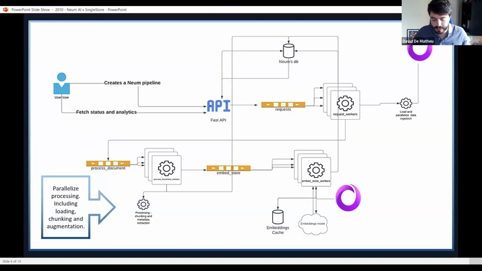These are all operations that can be expensive from a compute perspective, not only because the amount of data might be large, we're talking millions of rows or millions of documents, but also because the level of augmentation and chunking